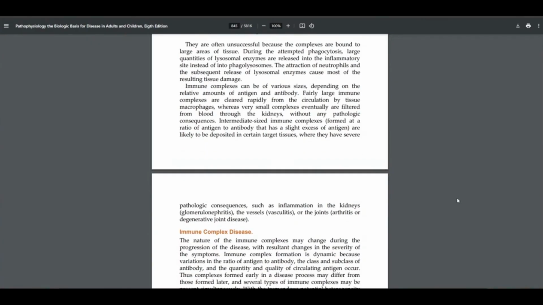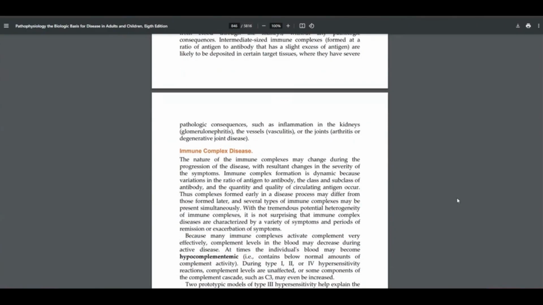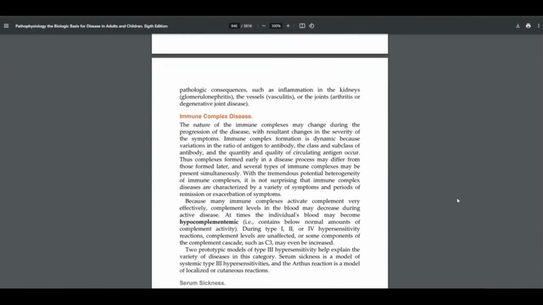The immune complex can be of various size, depending on the relative amount of antigen and antibody. Fairly large immune complexes are cleared rapidly from the circulation by tissue macrophages, whereas very small complexes eventually are filtered from blood through the kidneys without any pathologic consequences. Intermediate-sized immune complexes, formed at the ratio of antigen to antibody that has a slight excess of antigen, are likely to be deposited in certain target tissues where they have severe pathological consequences, such as the inflammation in the kidneys, glomerular,